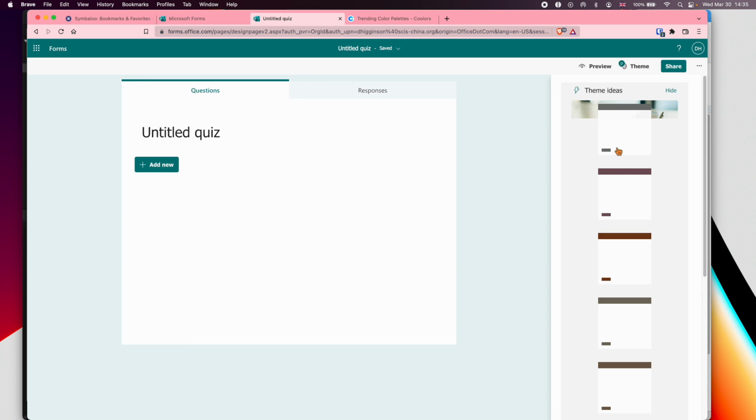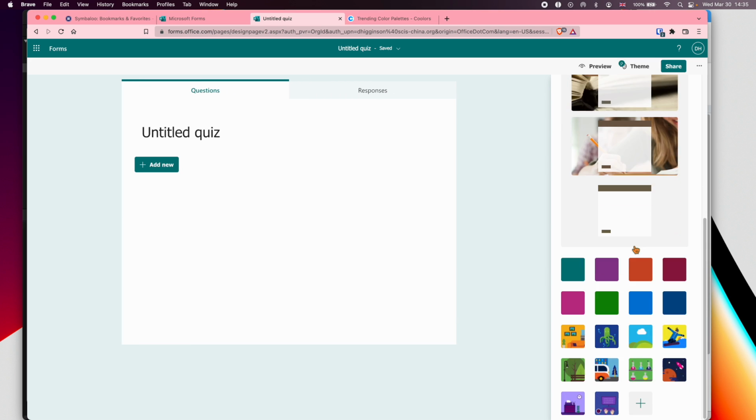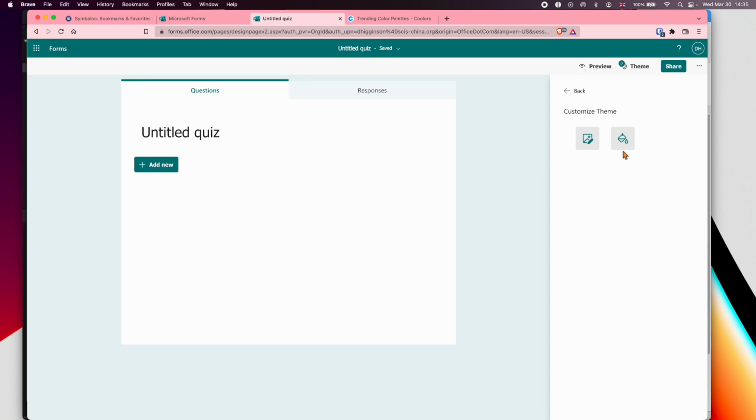Theme allows you to select the colors. Now, sometimes I get these theme ideas that don't always appear, which is pretty cool. And then you've got some colors and then these kind of default cartoon style options, like two men skiing in the snow on the mountains. You can also, if we scroll down here, click on the plus and you can add in your own color